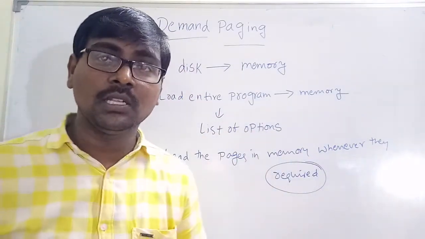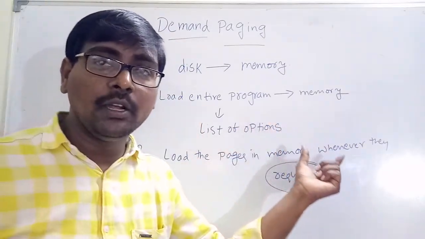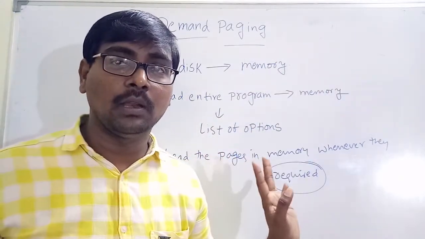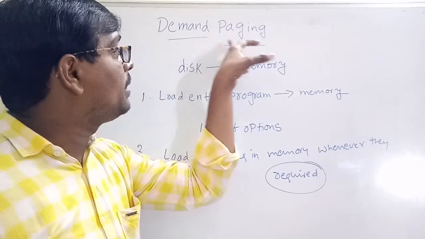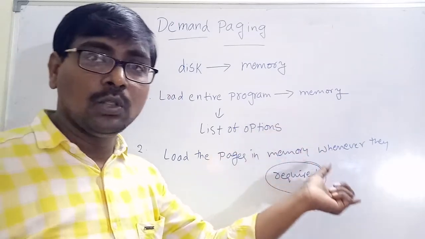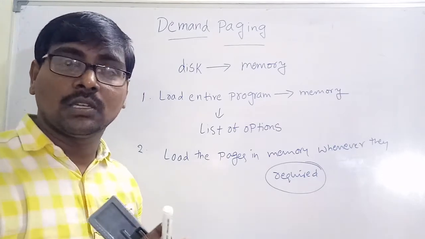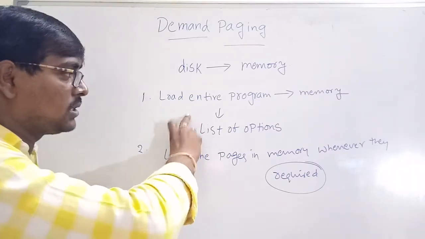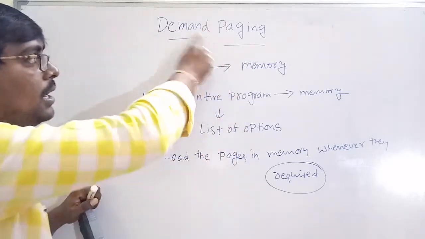This is the important one. Whenever we require a page, only that particular page is loaded into the physical memory. That is, the required page is copied from the disk into main memory or physical memory. That is called demand paging. What do you mean by demand paging? We demand the page, and only the demanded page is loaded into the memory. Generally, demand paging is used in virtual memory systems. Two options: load the entire program, or only required pages. The only required pages concept is called demand paging.